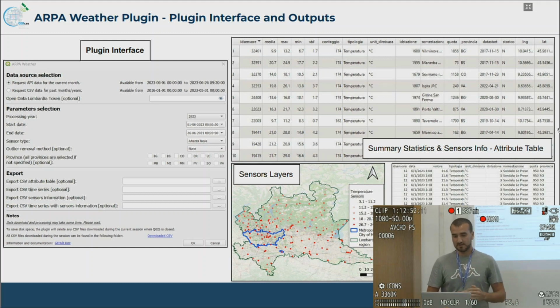On the right side, it is possible to see the attribute table and an example of a map that is automatically produced by the plugin, where you can see the red dots are the temperature sensors already pre-processed. And on the right bottom side, it is possible to see the time series that is provided as